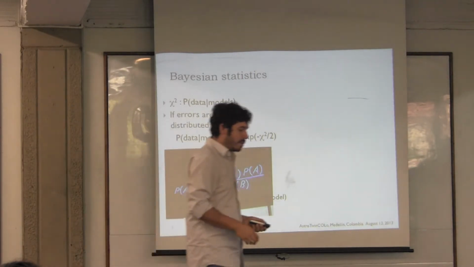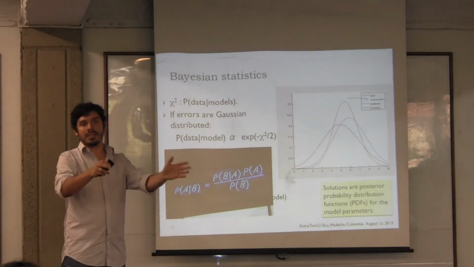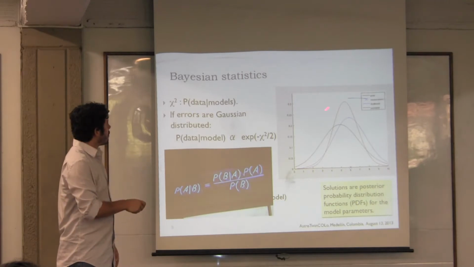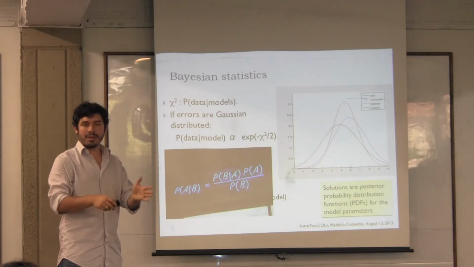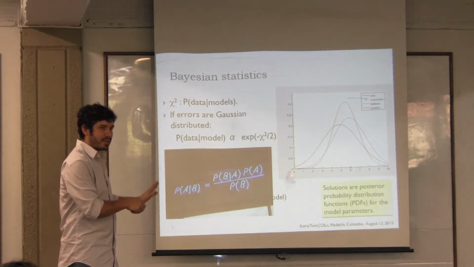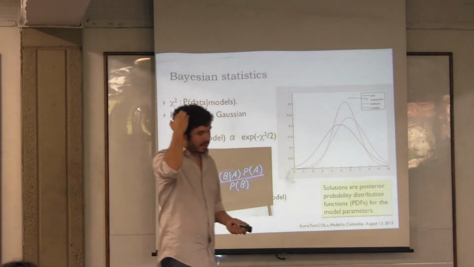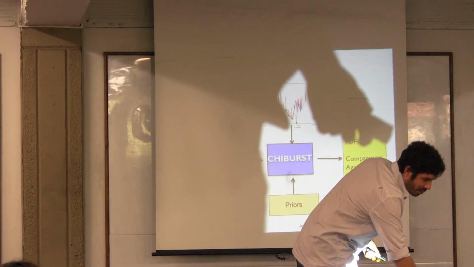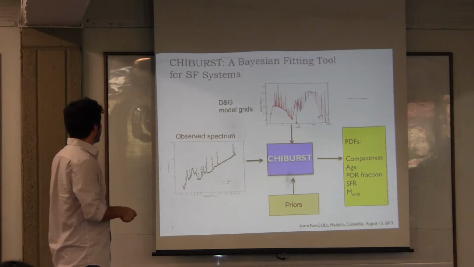So this is how I do that. And the advantage of doing that is that the answer to your problem is not anymore a best fit, just this is the best model and these are the parameters, but actual probability distribution functions that tell you for this particular model, parameter of this model, you have this kind of probability. And this is just showing you here that before you include any prior information, you have certain probability. Then you can include the prior, any additional evidence that you have from other sources, and that updates your probability until you can find an answer. And this is how I am obtaining the probabilities for my parameters. And I hope that wasn't confusing, but hopefully you will see it more clearly in a little bit.